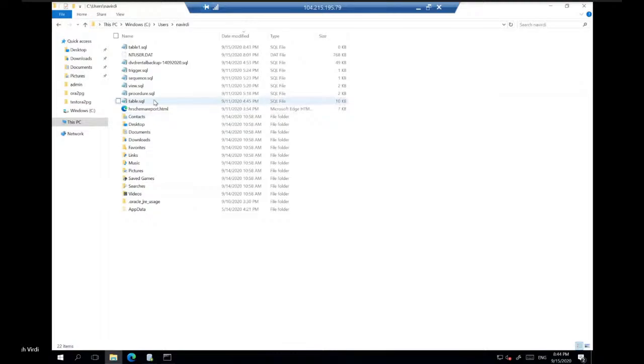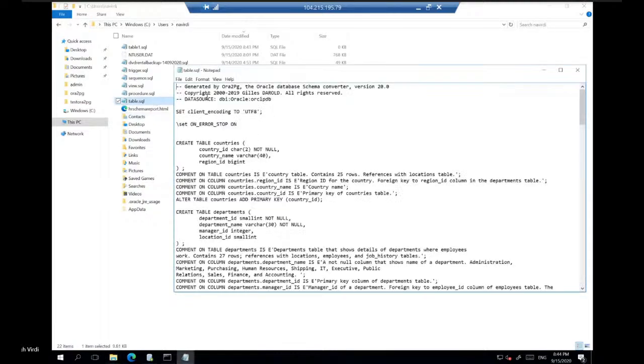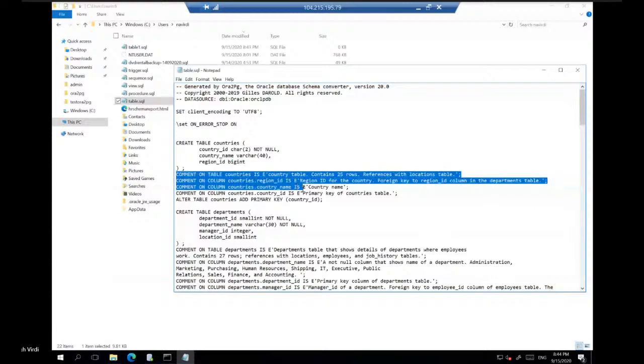So if you look here, I've already taken the dump. You will see it automatically converted all the table types and all the data types to PostgreSQL equivalent. I did not disable the comments.